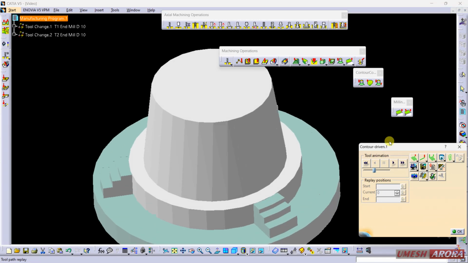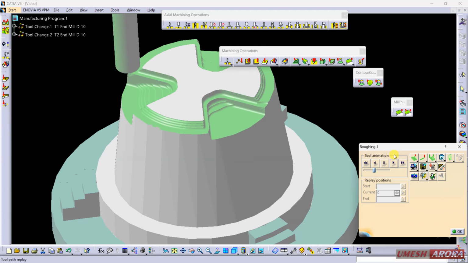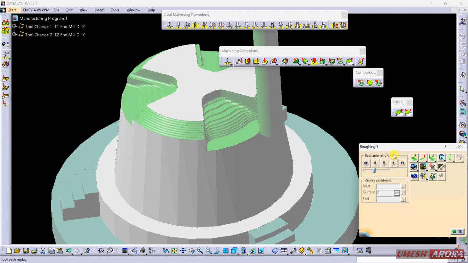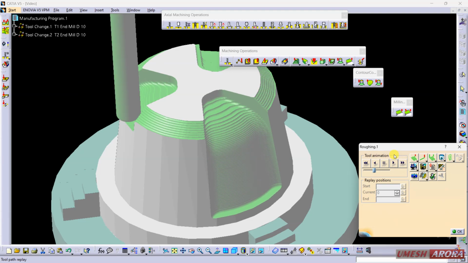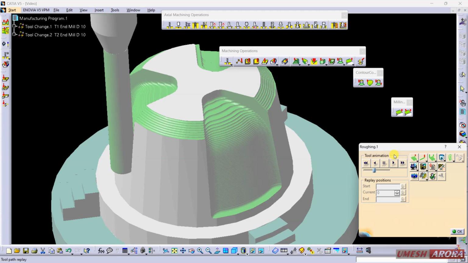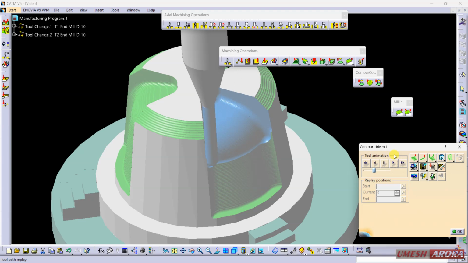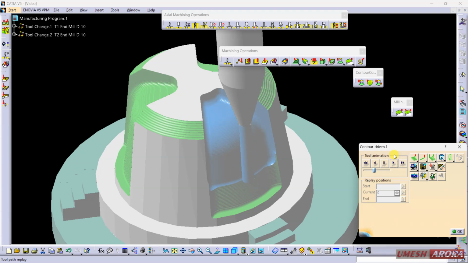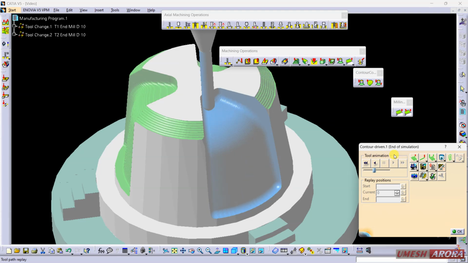If you need more precision, reduce the step over. See, this time it is working from curve 1, and moving towards guide 2. Now this toolpath is done.